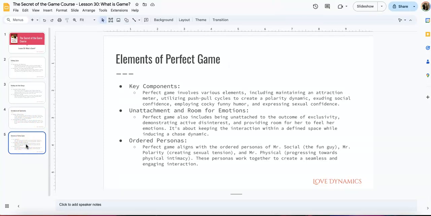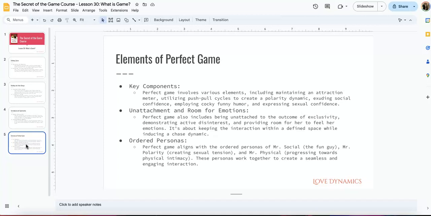Elements of perfect game include the understanding and maintaining of the attraction meter, how to keep that on high, utilizing flirts, so the best possible flirt through push-pull cycles in terms of that attraction algorithm. Creating a polarity dynamic, social confidence, employing cocky, funny humor like David DeAngelo talks about, or playfully mean, sarcastic humor like we talk about, and expressing sensual confidence.